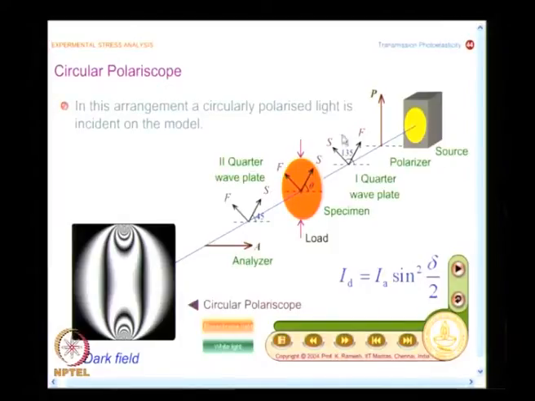So, I have the polarizer and the quarter wave plate, and the angle between the slow axis and the polarizer is 45 degrees. So along the axes of the quarter wave plate, the amplitude of light is the same, and being a quarter wave plate, it introduces a retardation of pi by 2.